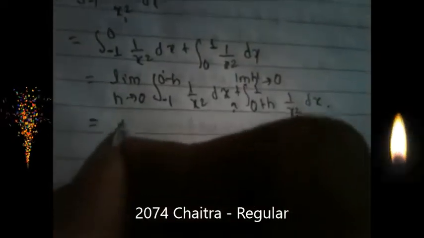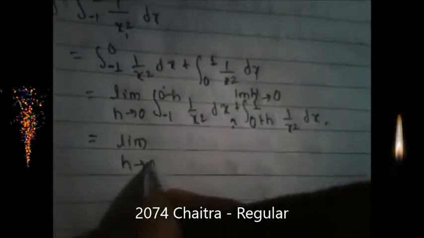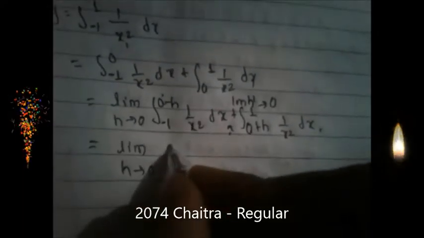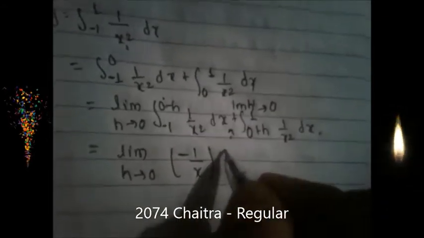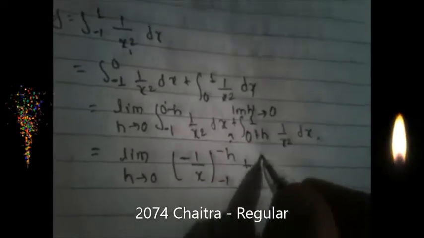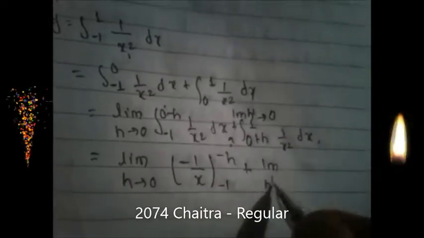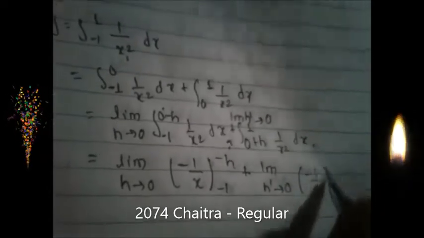Now limit h tends to 0, and the antiderivative of this is -1 upon x from -1 to minus h, and the antiderivative of this, limit h dash tends to 0, is -1 upon x